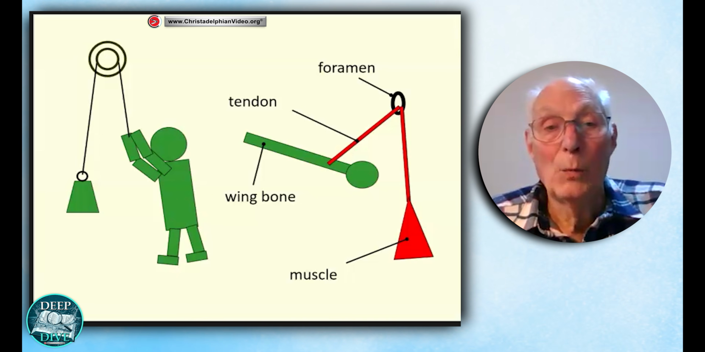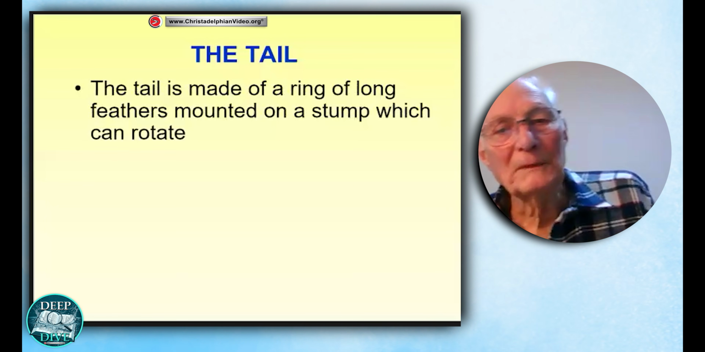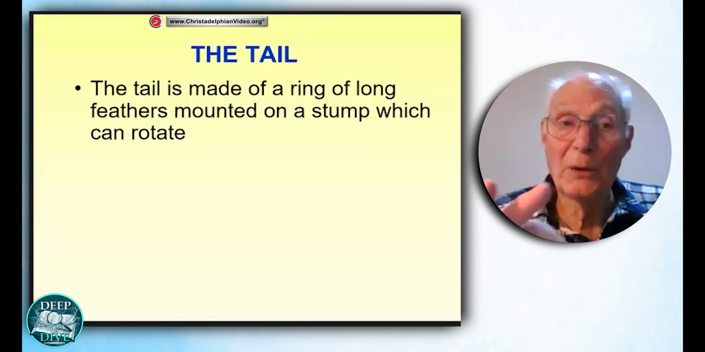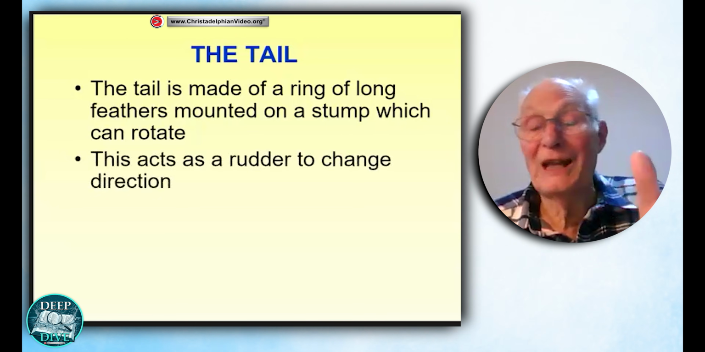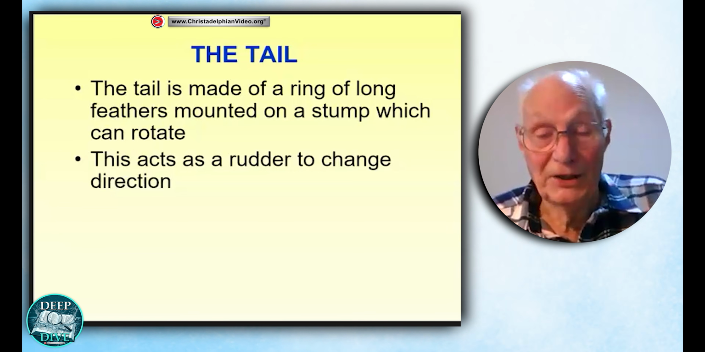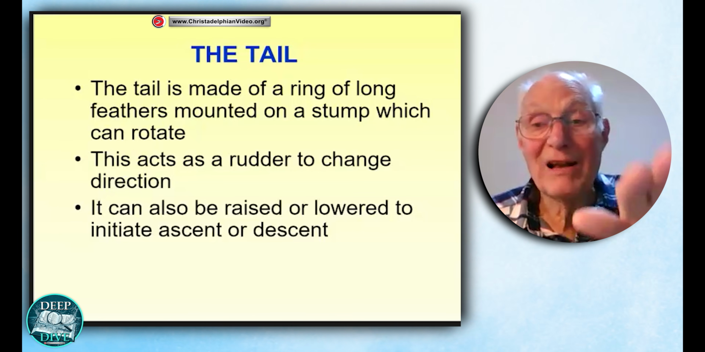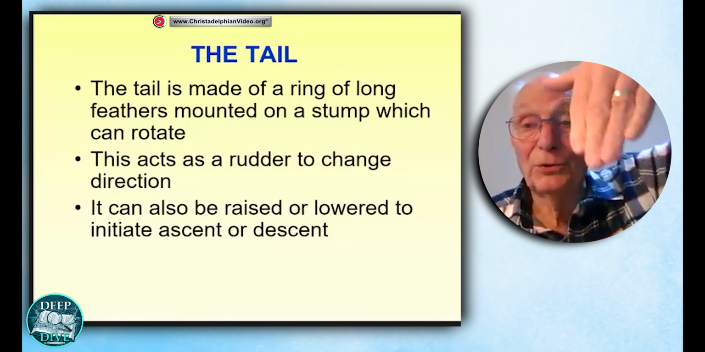Okay, what about the bird's tail? All flying birds have a tail. The tail's made up of a ring of long feathers mounted on a stump, which can actually rotate in different directions. That's important because it acts as a rudder. So the bird can change direction, just like a ship has a rudder to change direction. And the tail can also be raised or lowered to bring about ascent if it's going upwards, or descent if